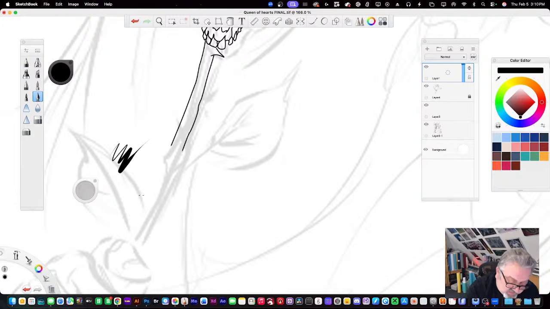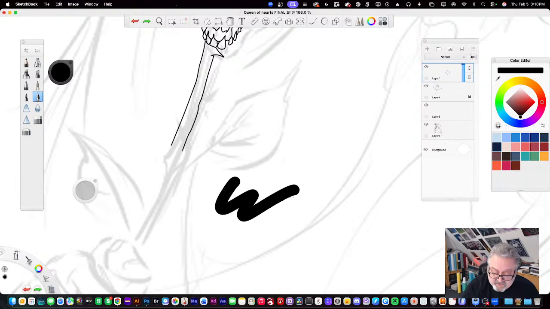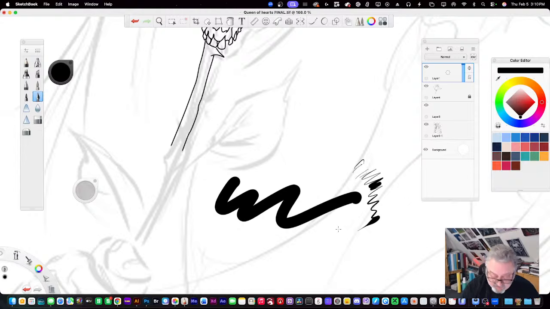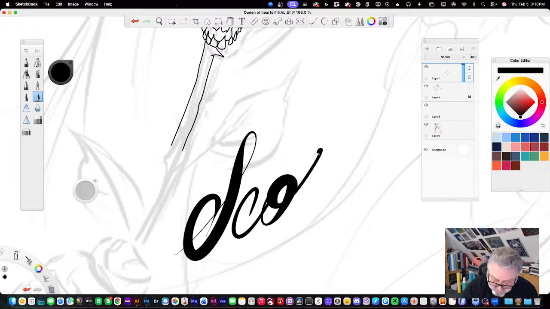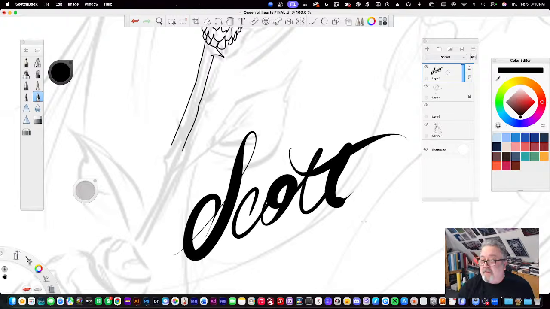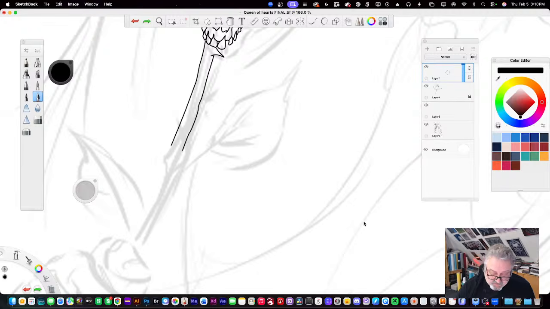I check the size. And you see me going from thin to thick. That's based on pressure. The way I set this, if I set it here, you see how big that circle is. That's the full size, with full pressure. If I do light pressure, it's small, heavy, on up, which is great if you're doing script, you can do airbrush script almost like that. I'm just going to drop the size, so my max size is here. That's where I like to be.